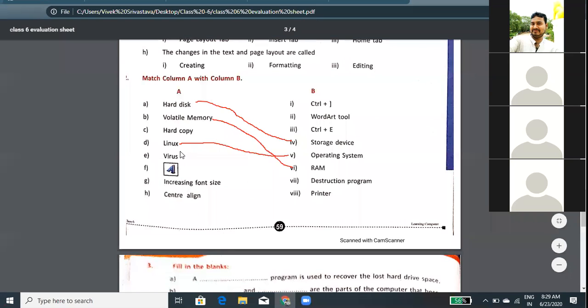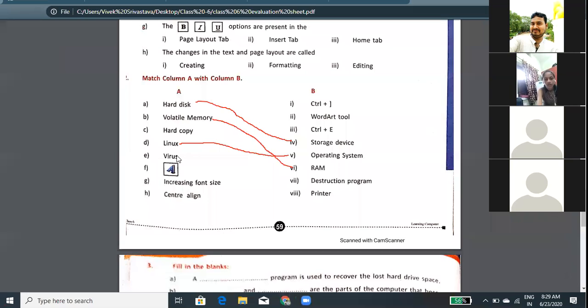Now number E, virus. The answer is number 7, destruction program.